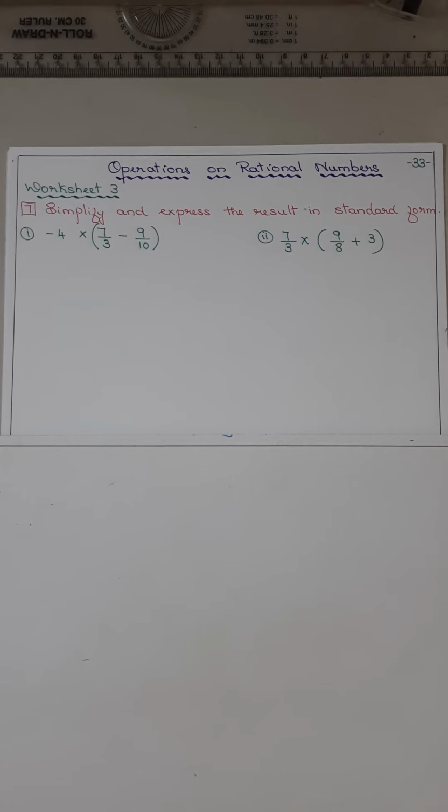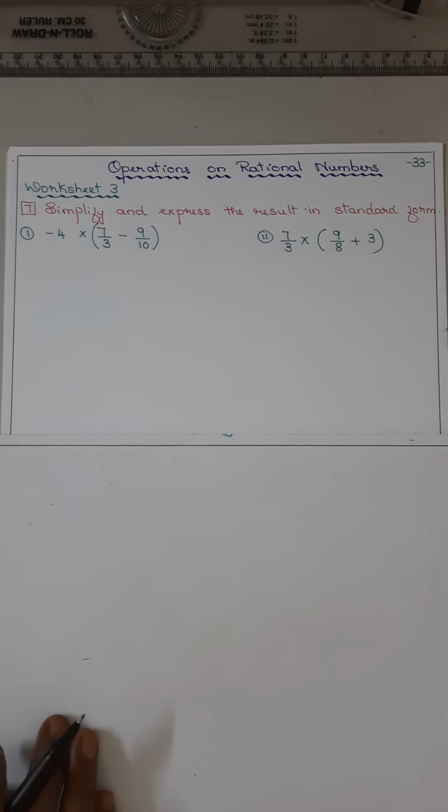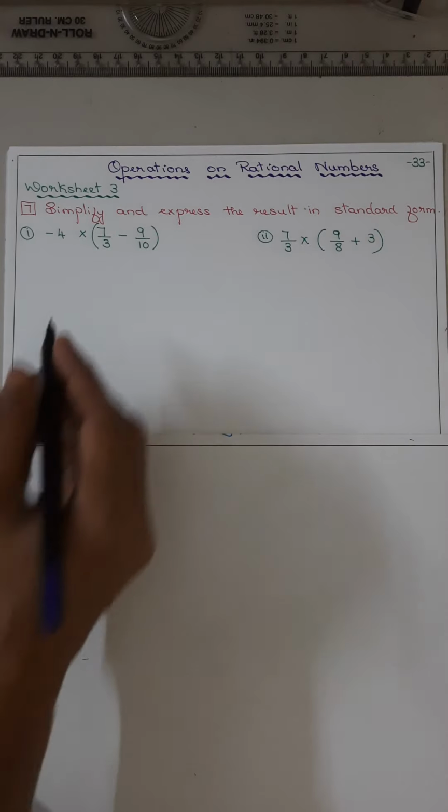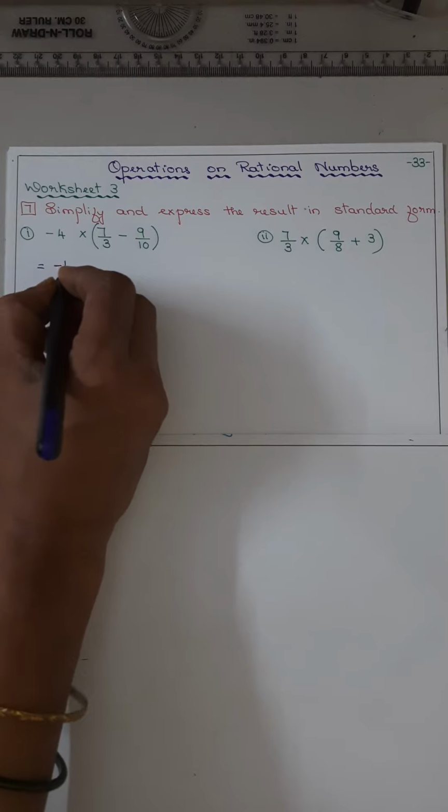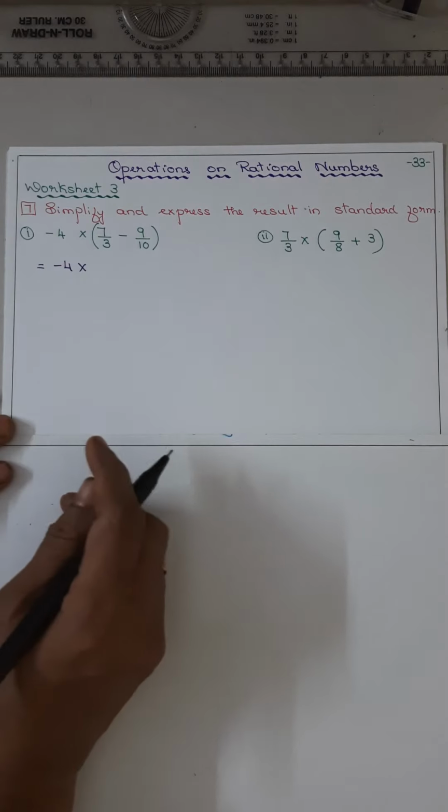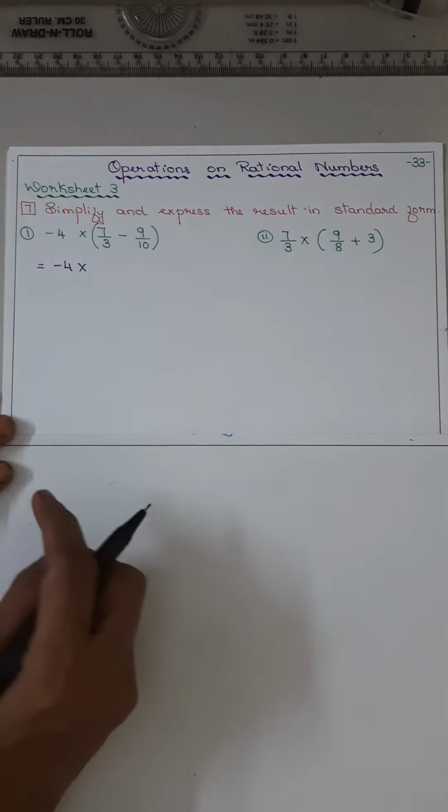We were discussing worksheet 3 of operations on rational numbers. This worksheet is on multiplication, isn't it? Now coming to the 7th sum: simplify and express the results in the standard form. So first it is minus 4 into, inside the bracket, it is a